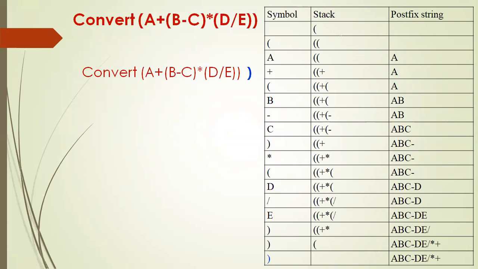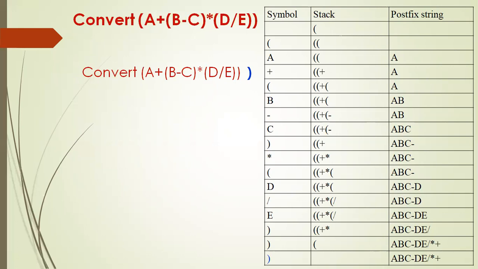Next one is a right parenthesis. If a right parenthesis is encountered, what you have to do is repeatedly pop from the stack and add them into P until you come across a left parenthesis. Then remove that left parenthesis from the stack. So what's the first symbol in the stack? Minus, which you add to the postfix. The next symbol is a left bracket; you remove it. So your stack is left with left bracket, left parenthesis, and a plus sign.